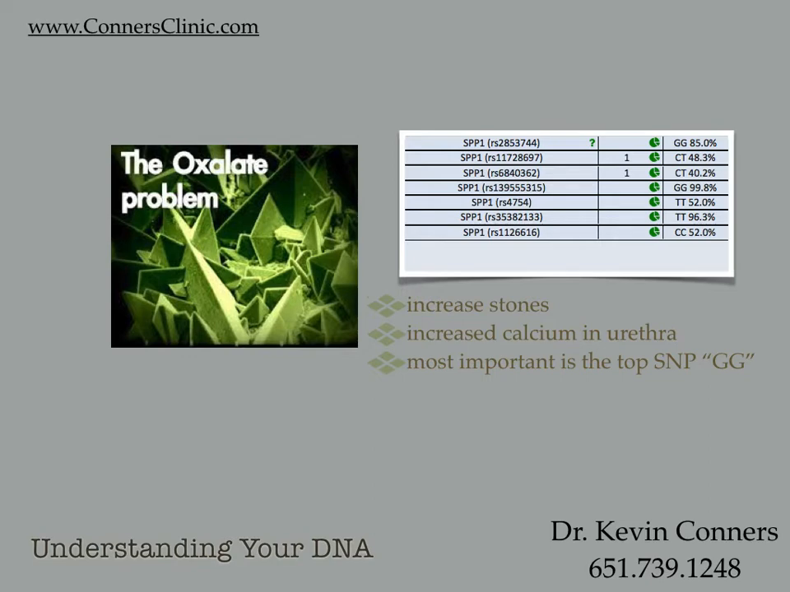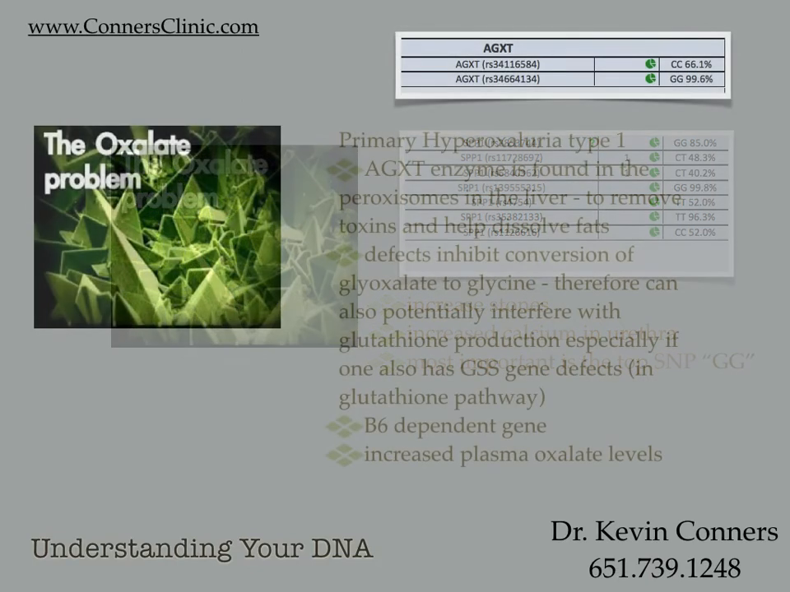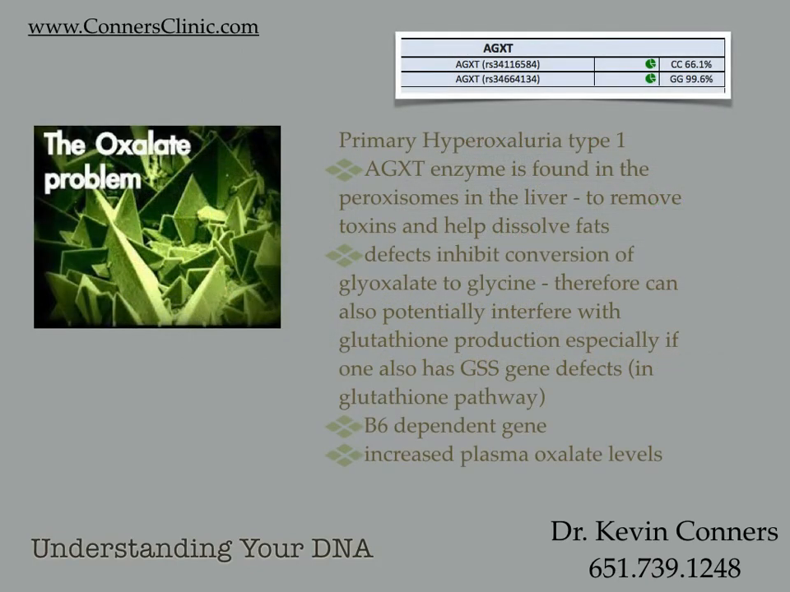So the SPP1 genes, it's typically that first one on top there on this chart right here. This is going to be a type of primary type 1, and this is going to be typically a stone former person here as well. But you have to take all these genes in conjunction. The AGXT gene is typically what you're going to read about with primary